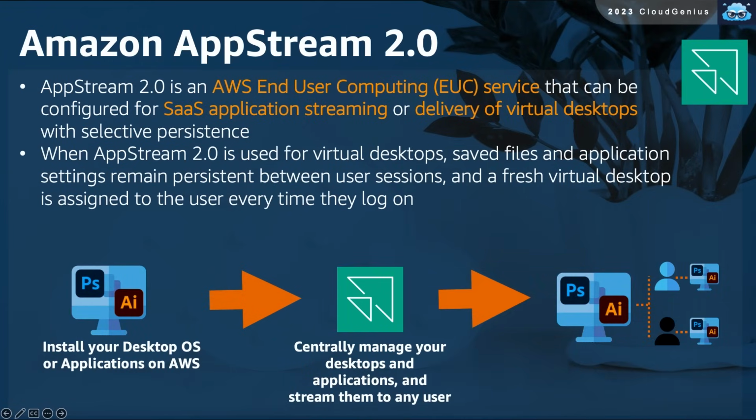AWS AppStream 2.0 is a fully managed end-user computing (EUC) solution provided by Amazon Web Services. It allows users to stream desktop applications from the cloud to any device, eliminating the need for local installations and enabling a seamless user experience. With AWS AppStream 2.0, users can access and use applications hosted in the cloud without worrying about device compatibility or system requirements. Whether they are using Windows and Mac computers, Chromebooks, or tablets, the platform ensures a high-quality and responsive